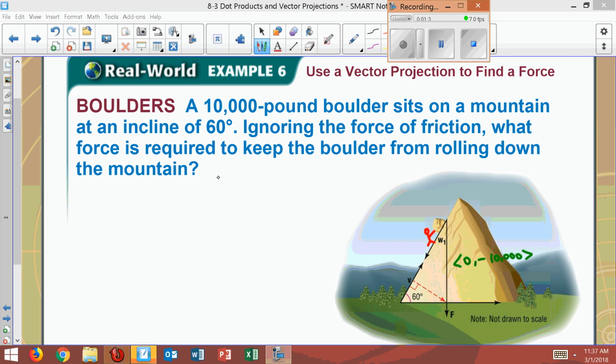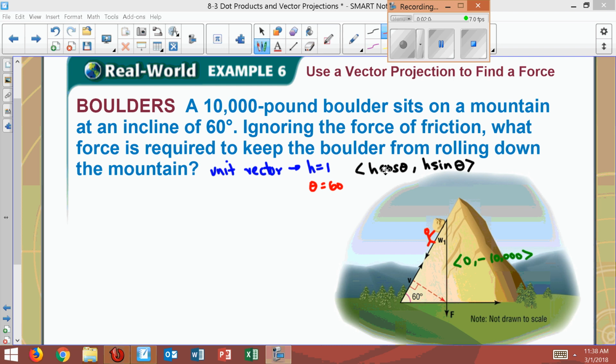So usually a unit vector, let me write this down. A unit vector has a length of 1, or a hypotenuse of 1. It has an h of 1, because that's its magnitude. That's the definition of a unit vector. That's why we call it that. And so normally, when we find a vector, we would have h cosine theta to find our x, and h sine of theta to find our y. Because our h is 1, and in this problem, our theta is 60,